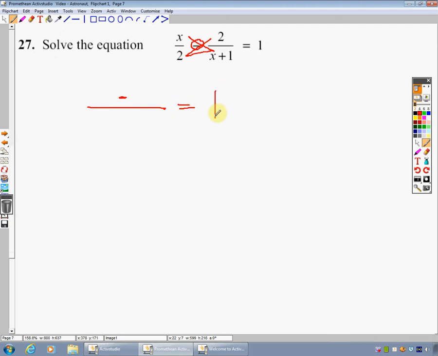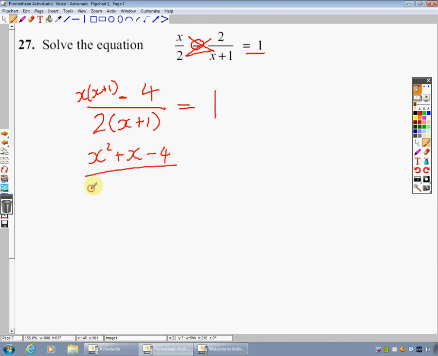Now following my picnic table, in my top left here, I've got an x, and the arrow goes down to x plus 1. So that's going to be x lots of x plus 1. My top right has an arrow down to 2, times 2, which is 4. And then along my bottom, I'm going to have 2 lots of x plus 1. Great, and I need to simplify that down a little bit. In order to do that, I'm going to have to multiply this out so that that minus 4 can get stuck in. So that's going to be x squared plus x minus 4 over 2 lots of x plus 1,